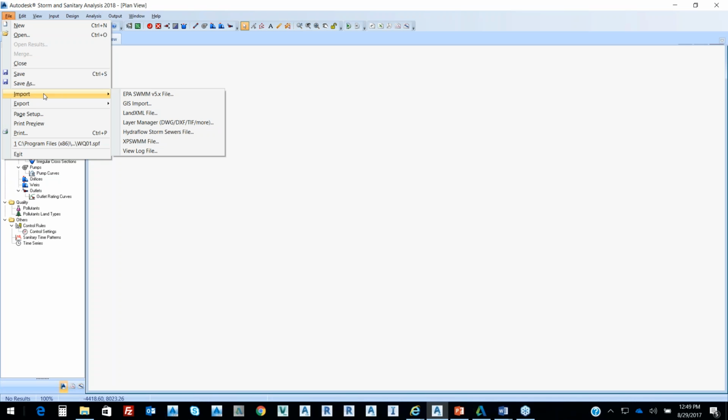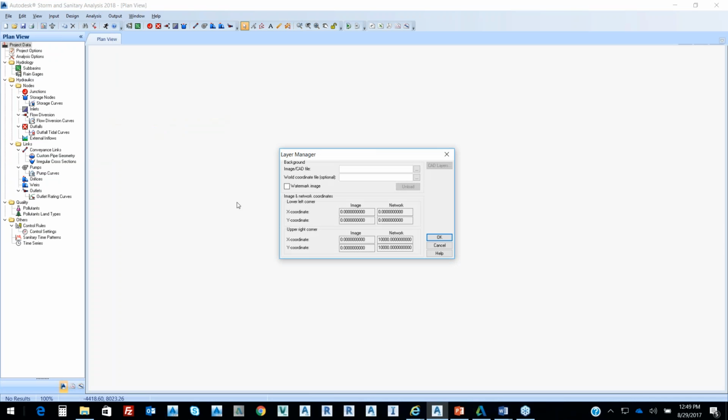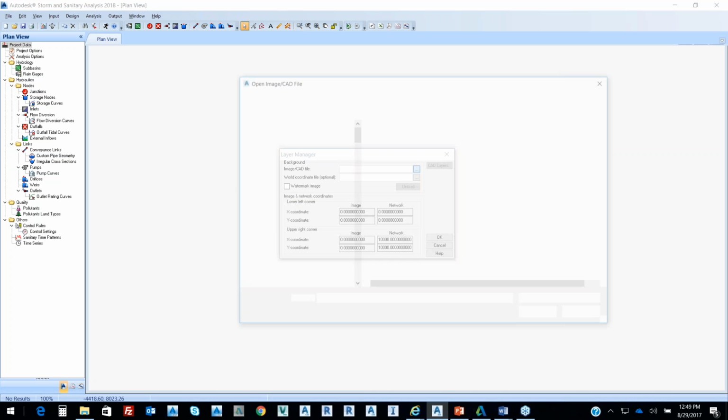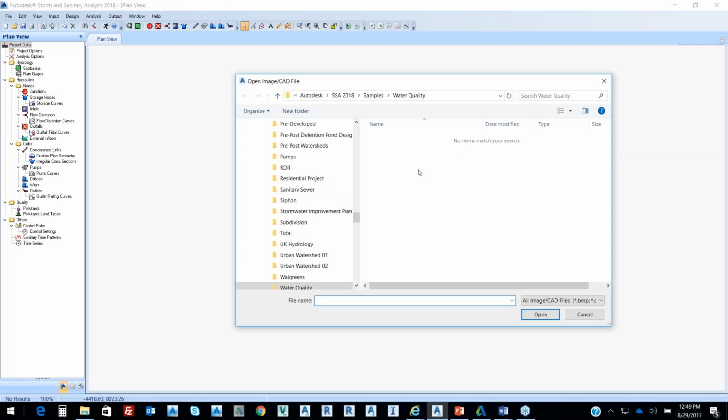But what Storm and Sanitary Analysis allows you to do is import specific models and data. So one of the things that we can look at is clearly HydroFlow Storm, and we can see EPA SWMM and XP SWMM, and then this Layer Manager. The Layer Manager allows me to go in and grab a CAD file, a TIFF image, and other file formats that I can pull in in terms of working with an image and a drawing. So this image,